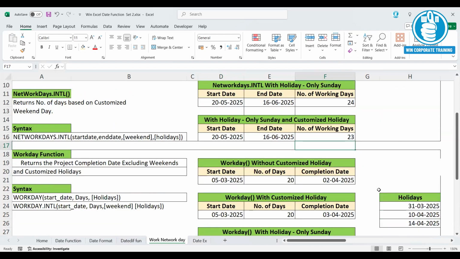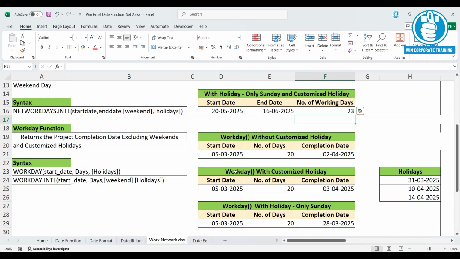Next, the last function in this category is the WORKDAY function. In the case of the WORKDAY function, we give the starting date and the expected number of days to complete a project, task or assignment, and it will give you the project completion date.